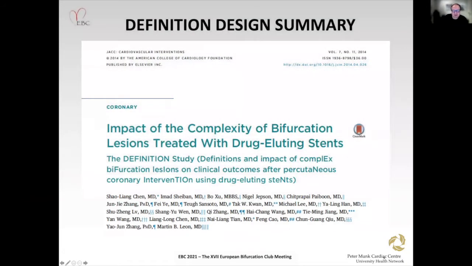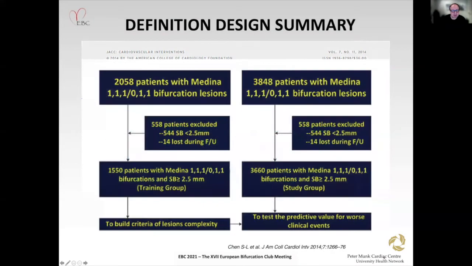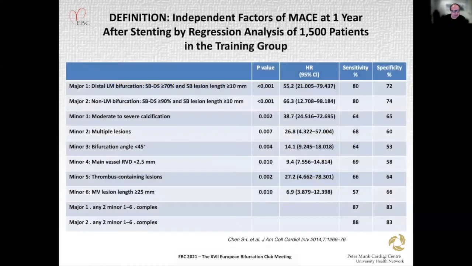So how were the definition 2 criteria devised? They came from a definition study published a few years ago, in which a training group and a study group were utilized to define criteria, and these were the criteria that were eventually defined in Major 1 and Major 2, depending on whether it's a left main or non-left main bifurcation of